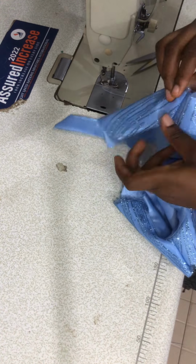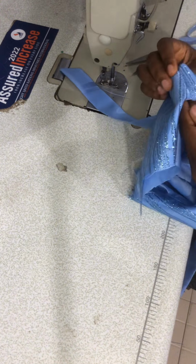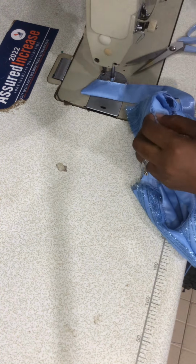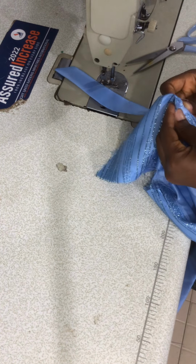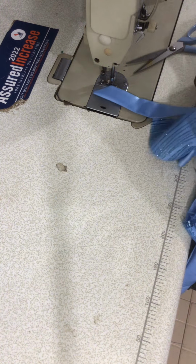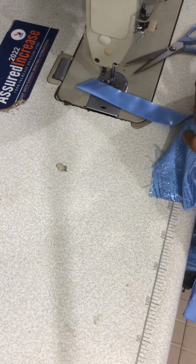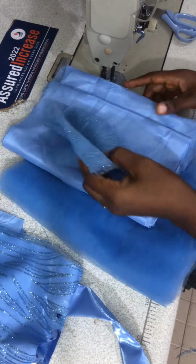Then the next thing we're going to do is to pin our armhole together like so. We will make sure that the shoulder line of the fabric and the shoulder line of the lining are on the same part, and then you use your pin to stitch it together so you don't make any mistake when you're joining the sleeve. So that is what you see me doing. Once I'm done doing that, now we'll go ahead to